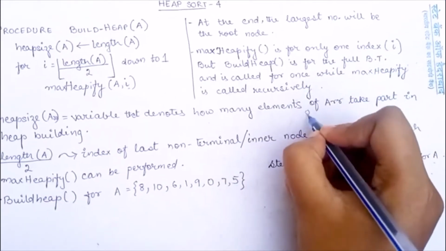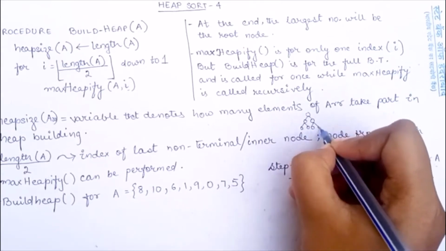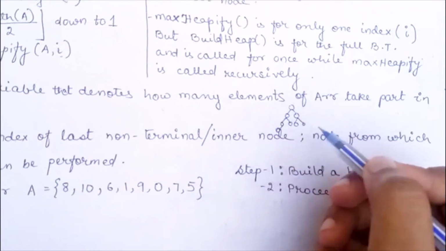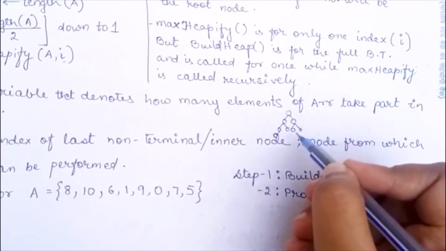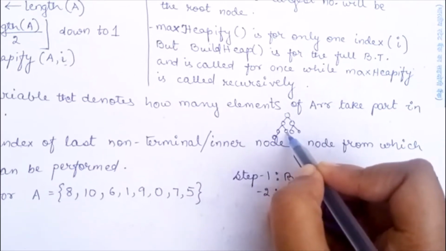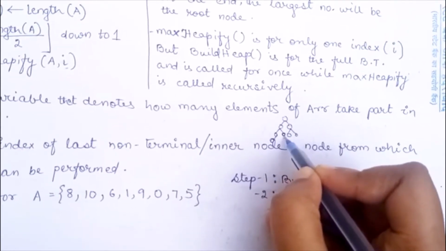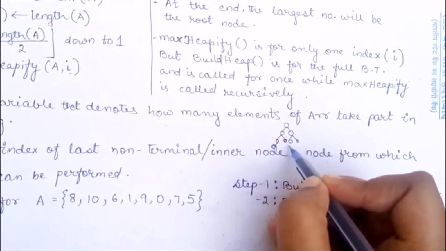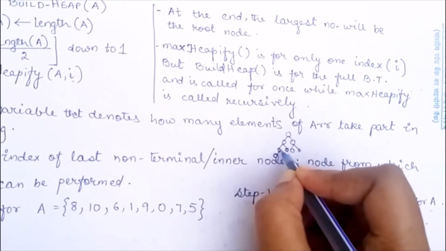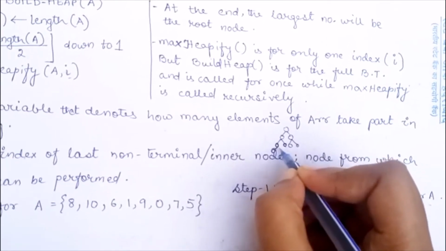So we are having trees like this. Suppose this is my tree, and I cannot perform max heapify from this node, because there is only one node, no possibility of a max heap. We do not have any child node to compare, whether the left child is greater or the right child. Therefore we have to perform max heapify from this node at least, because this has at least one child.